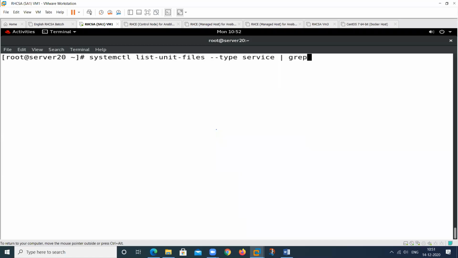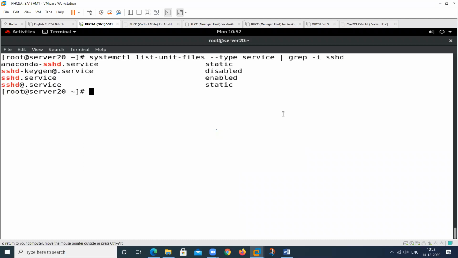We can use the grep -i command with sshd. So this is about sshd. We want to check whether this particular service starts automatically when we start the machine. If we have a disabled status here, this service will not start when we start the machine.